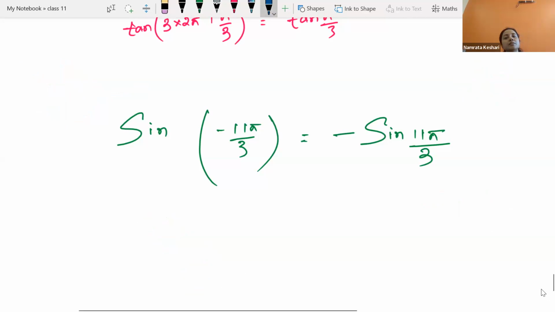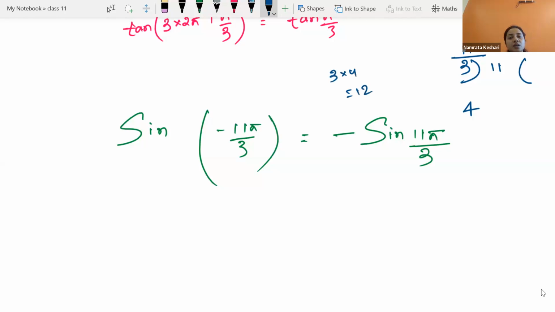We are having 11 by 3. Okay, if we divide 11 by 3, it will be going 3 times. If we think about 4 times, at least it is one less, right? Getting it? It is 3 4 times 12, and in our dividend one less is there, right? Yes, ma'am. Okay, one less is there. So we can write 4 minus,